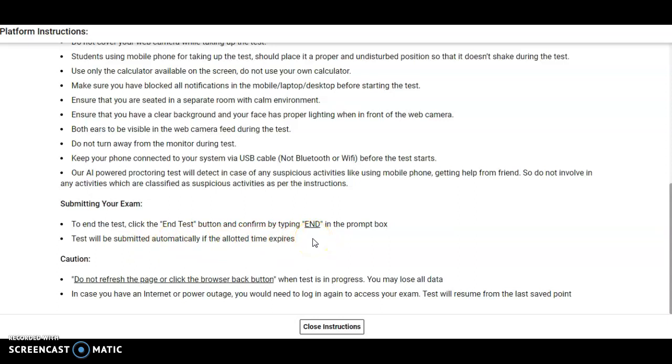Suppose you completed the exam early, then you can press the end test button and type END. In that way you can complete your exam. Or otherwise, if you have uploaded answers for all the questions and the time is over, it will be submitted automatically.